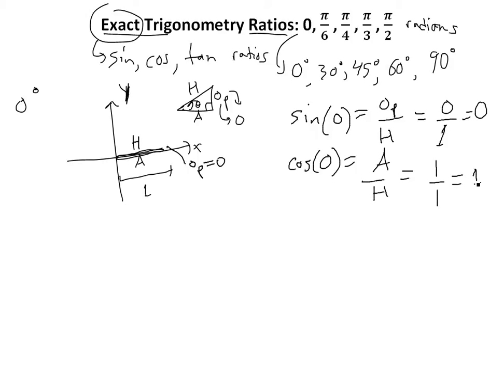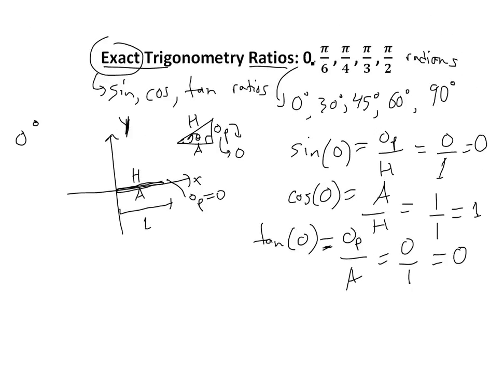So these are just exact. You don't need a calculator or anything. And then tan 0 is opposite over adjacent. This is also going to be 0 over 1, so it's 0. So that's all it is. Alright, now let's look at